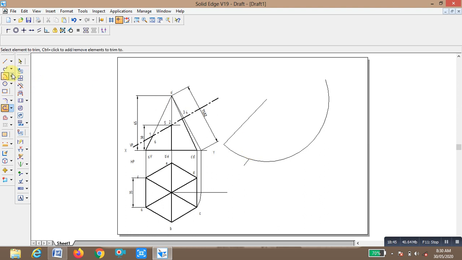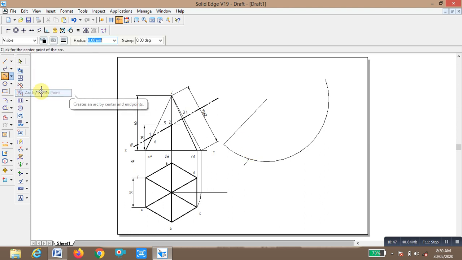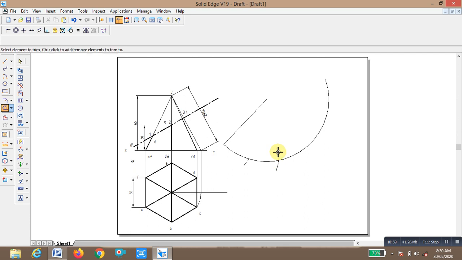Trim one arc this side, again arc by center point, consider 35, enter, draw the arc and trim this.